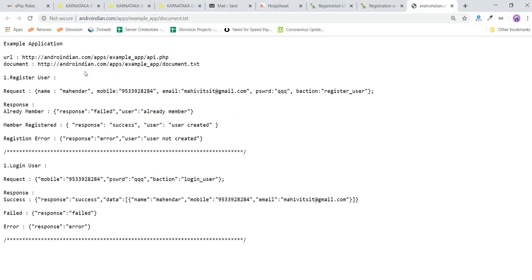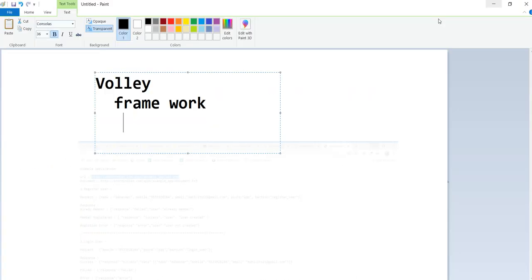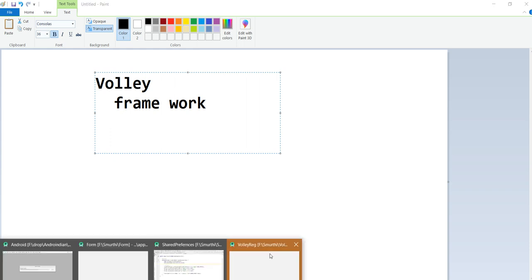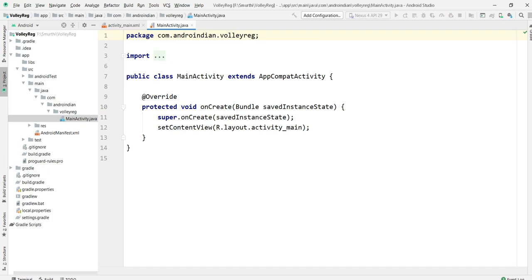So this is the web service I'm going to deal with. Here I want to register using these parameters. See, this project has been created.